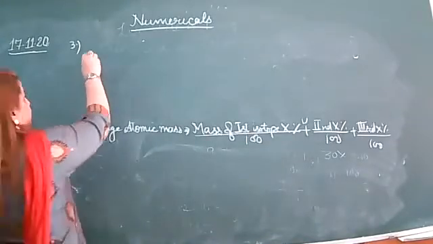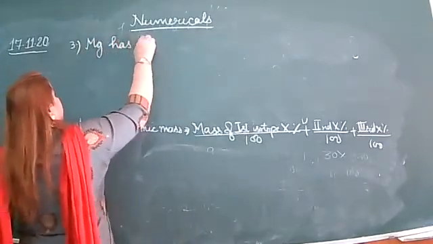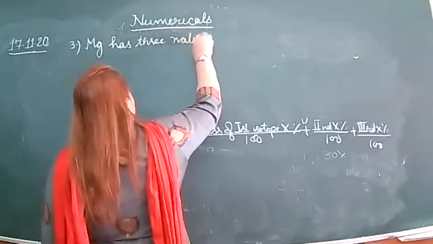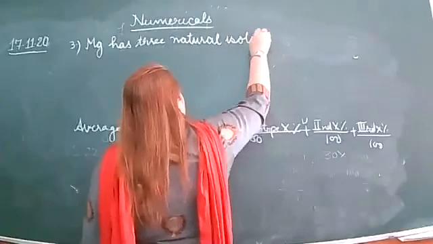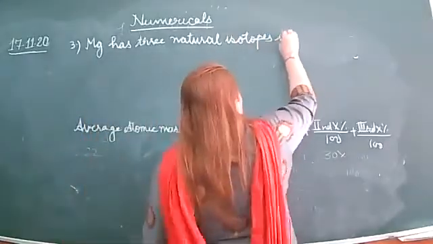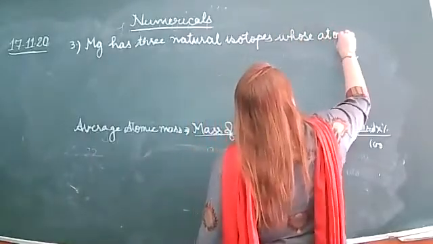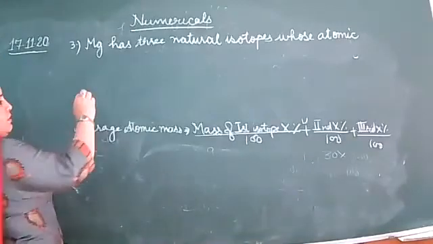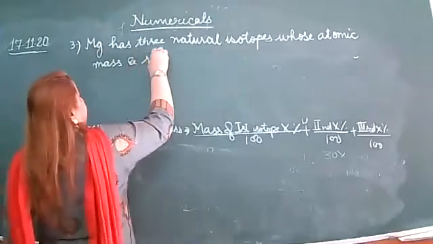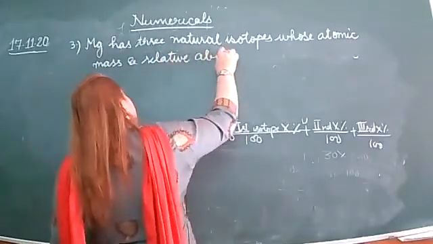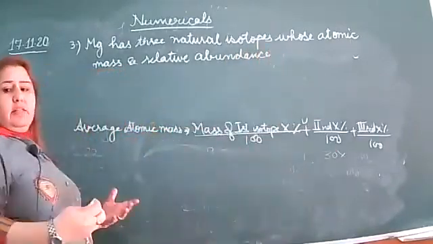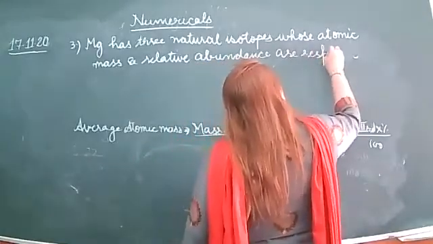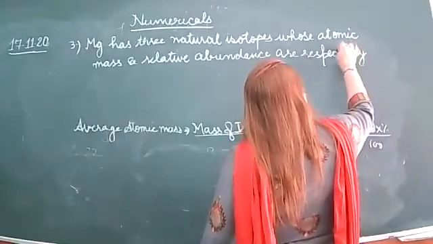Magnesium has 3 natural isotopes, whose atomic mass and relative abundance, abundance means as it occurs in nature, are respectively